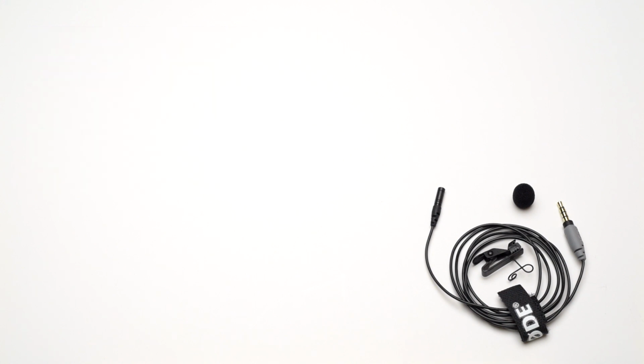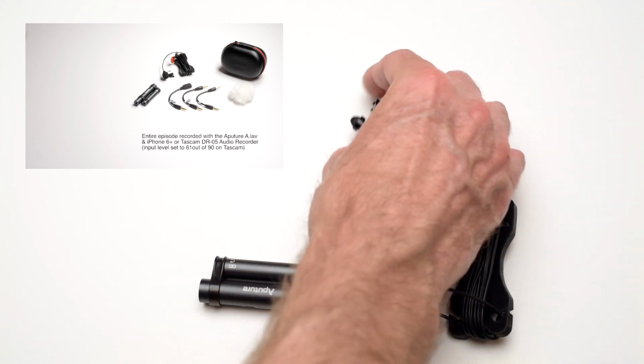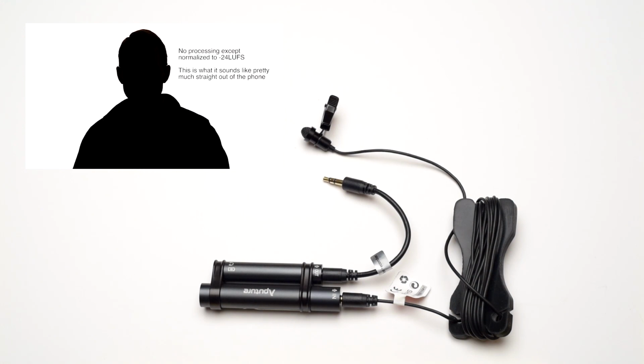I really like the sound of the Aputure A.lav, which is, I think, the best sounding one and the least noisy of the lavalier microphones in the kind of less than $100 range, and actually in this case less than about $40 range. But the problem with the A.lav that I have is that little battery pack, there are too many connectors and things can get jostled, and that'll create crackling noises, and you have to keep that battery pack charged up. If you can live with that, I think the A.lav is a great buy, but usually I'll grab